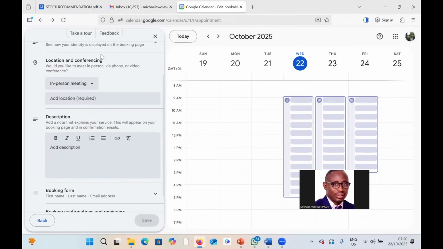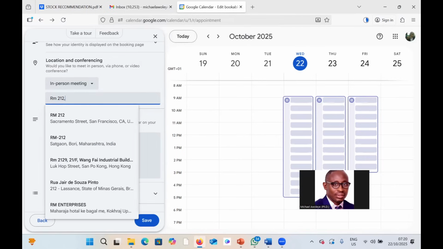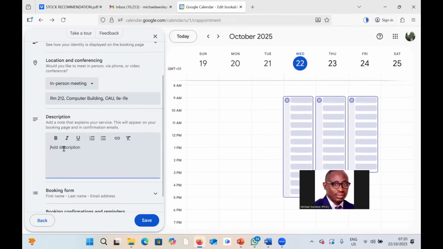Then I can put the address here. So this is an in-person meeting. I can say room 212, Computer Building, OAU, Ile-Ife, so that people can just walk in. So what you just do is maybe